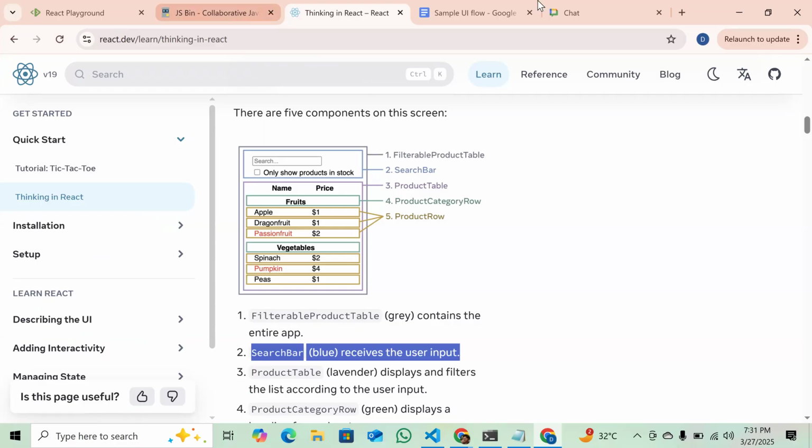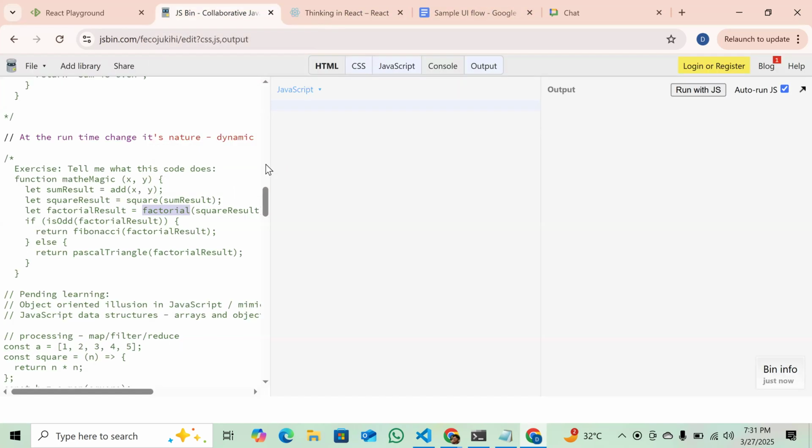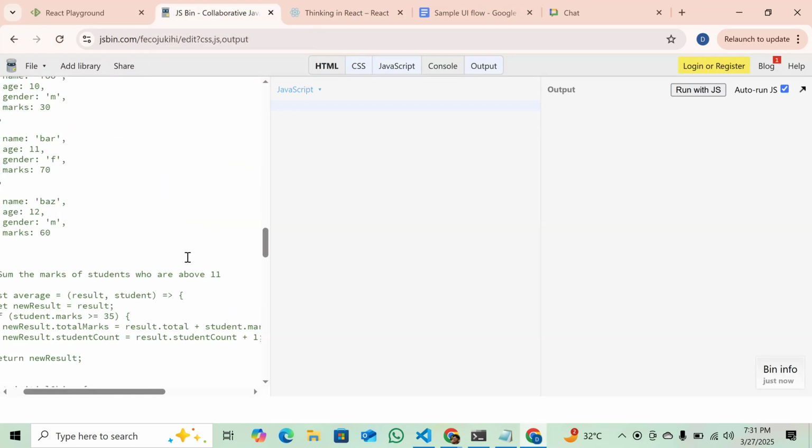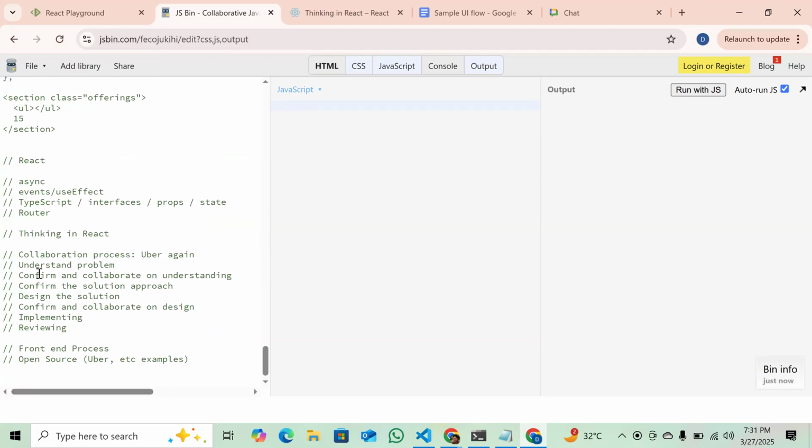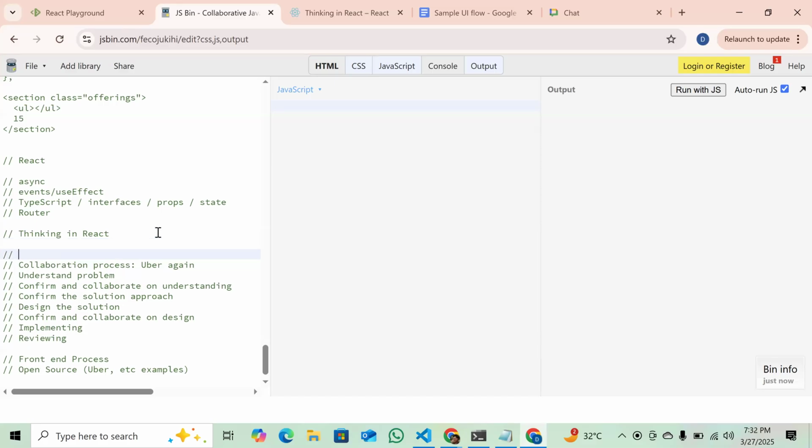So I will now walk us through the front-end thinking process and collaboration process. See, this is very important. Okay, I have taken a lot of interviews for Amazon. What I do is I give interview candidates a very open-ended question. For example, I will tell them, write a function that can reverse a string,